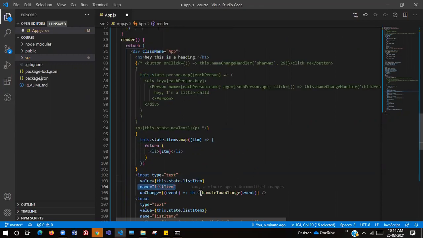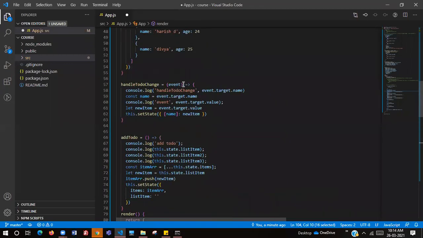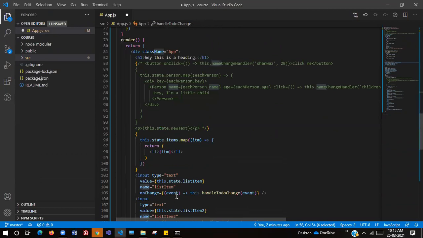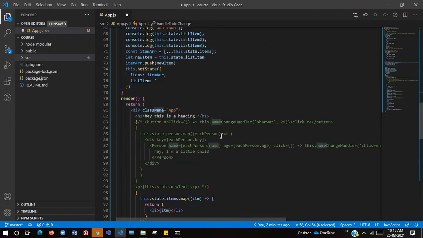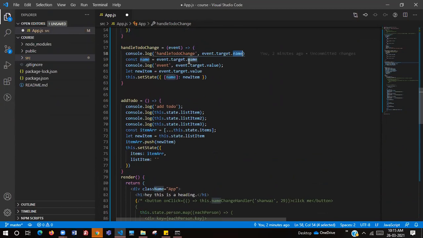Now let me show it here. Even when we click on handleToDoChange, we are getting an event object, and inside that event object we have event.target.name. Target is nothing but the input tag, and inside it is the name. That name we are giving as listItem1 here, right? We are storing that event.target.name in a constant called name here. And when we set it, we take it dynamically from the input, from the event.